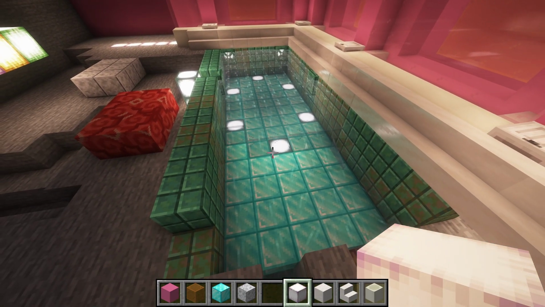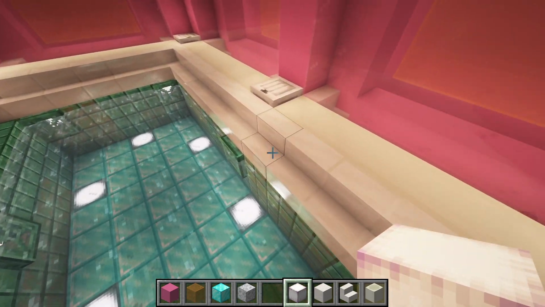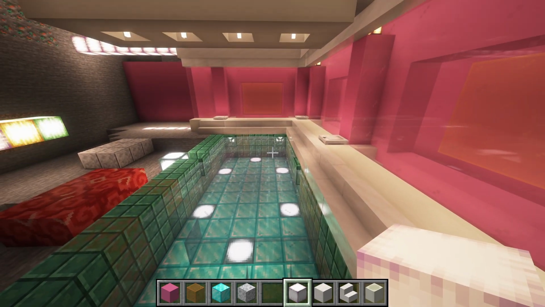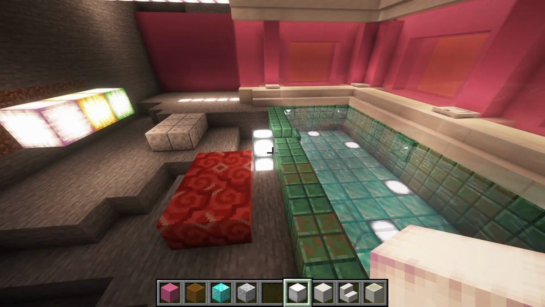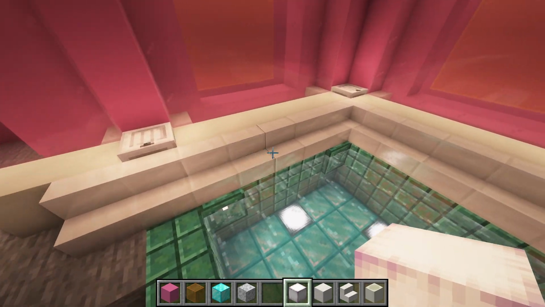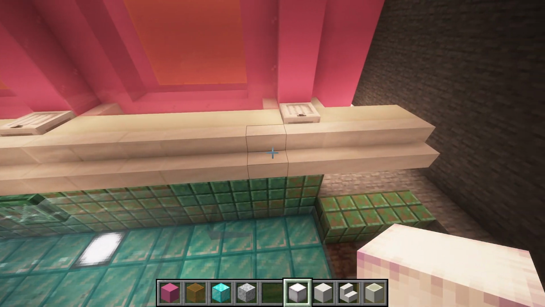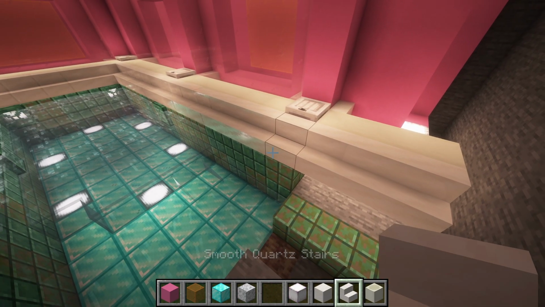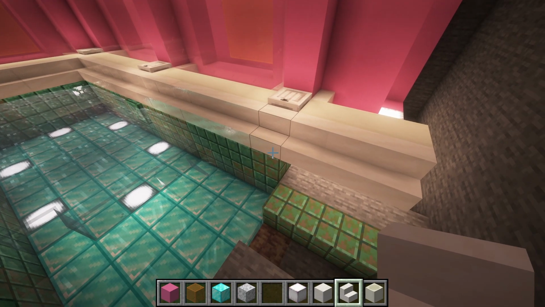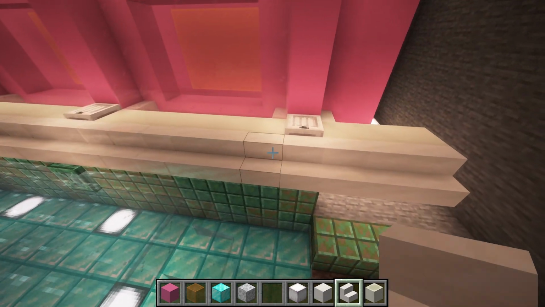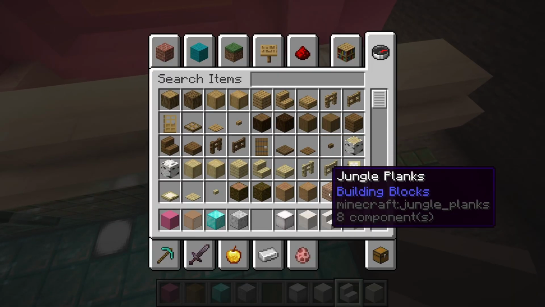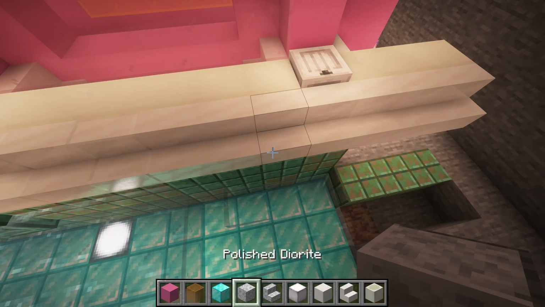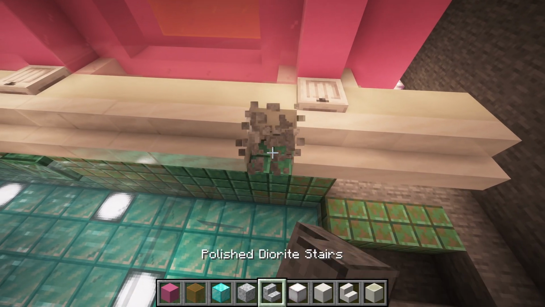I was thinking about putting a little ledge here out of smooth stone, but I think it's good the way it is now. These quartz stairs are already adding some dimensional detail to it, so I think adding any more will be too much. And I was thinking of replacing these quartz stairs with polished diorite stairs, but